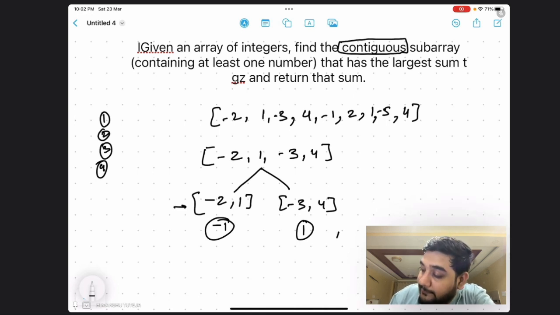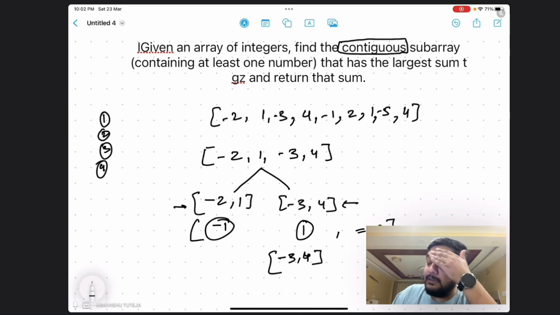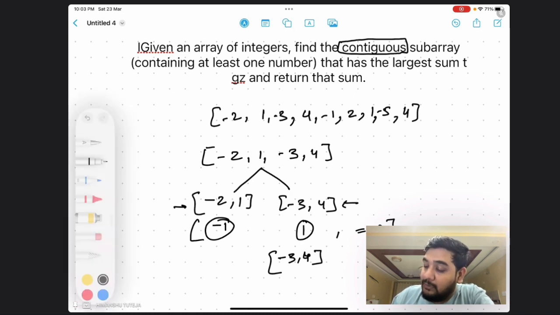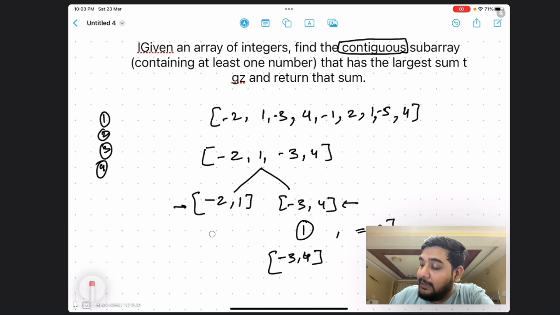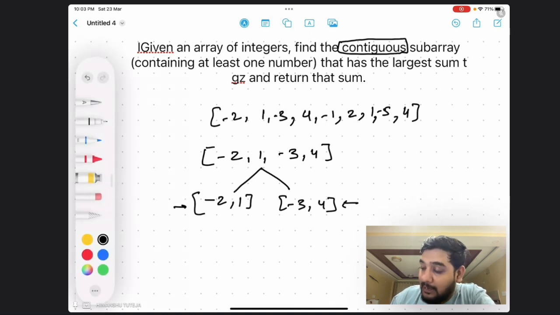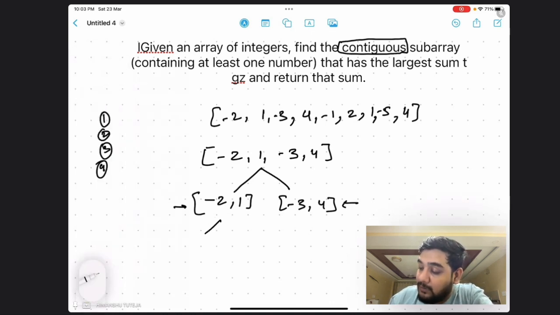One is this one, I would have this one, and the sum of both the individual values will be 0, and the maximum out of it is -3 and 4. Okay, this is one suitable level of answer that I am getting. But when I dig deeper into this, I will be able to get another set of answer here, because the final answer is not the one that I told you. The final answer will be this and then this.